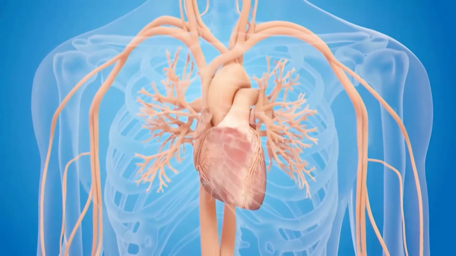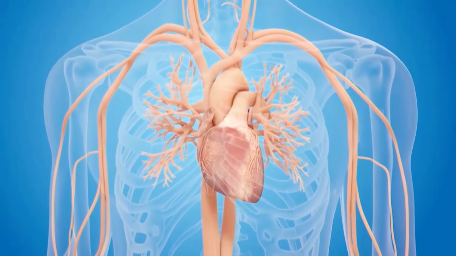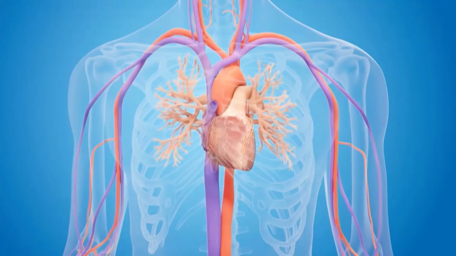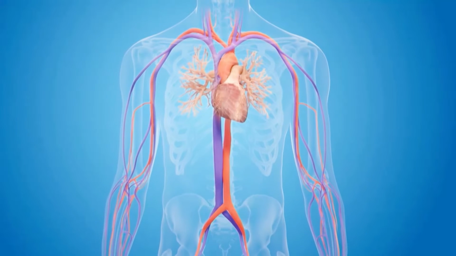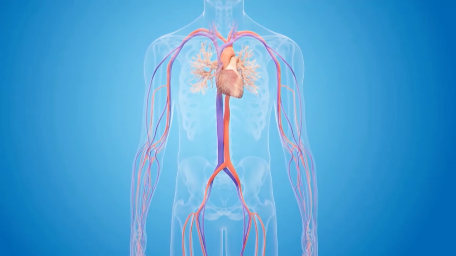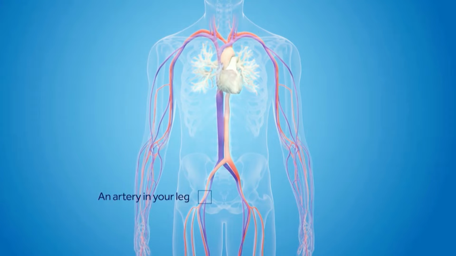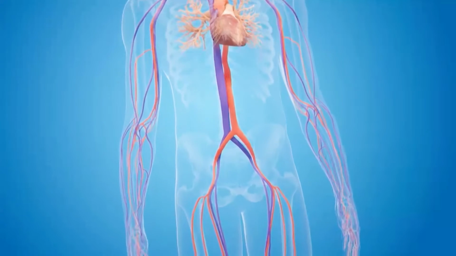So we back up, and now I think we will see a representation of potential sites for how we can get to this valve. And I will tell you why we prefer one spot, but we do have other access points. So if you look at the red, which represents your arteries, this is the vasculature that we want to get in, and we go backwards. So there is an artery in your leg, and that's the one we use most of the time. And there's also an option that you can go into an artery up in your armpit or at the top